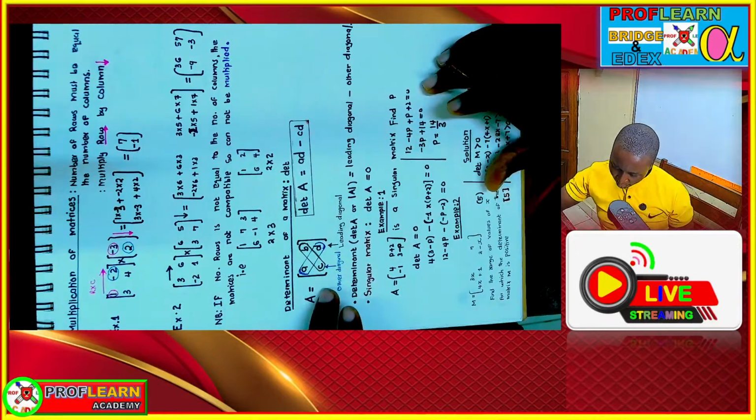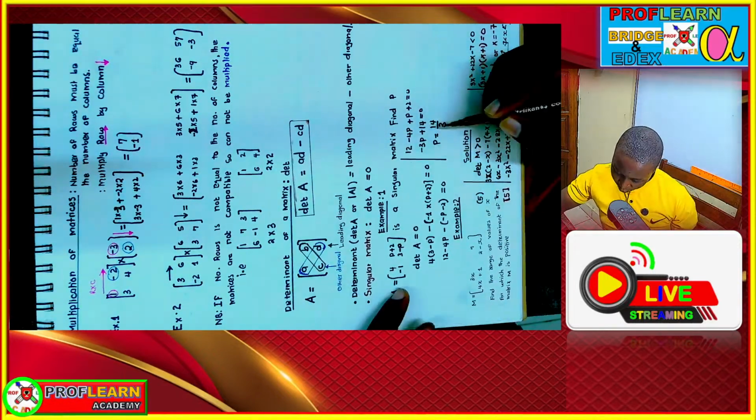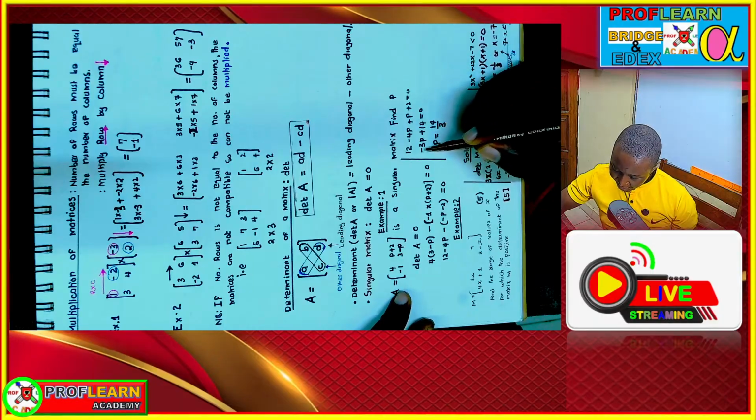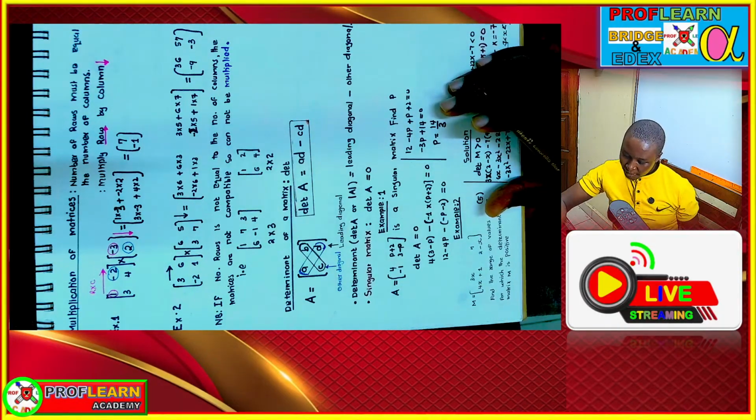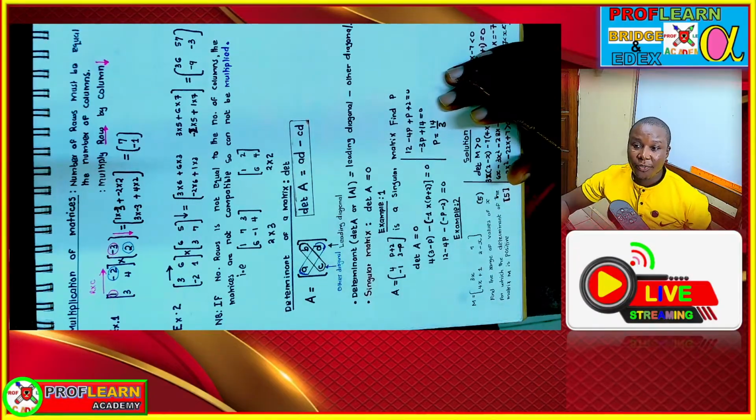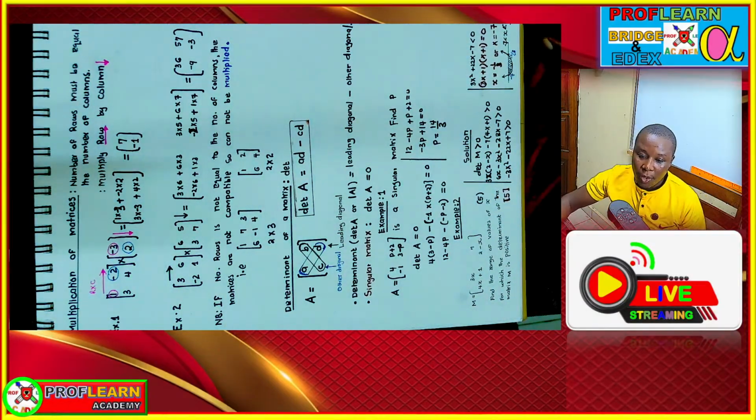Then if you work it out, you are going to have an equation which you are going to solve, and that equation is negative 3p plus 14 equals 0. What does that mean? That means that p is equal to 14 over 3, and that becomes our